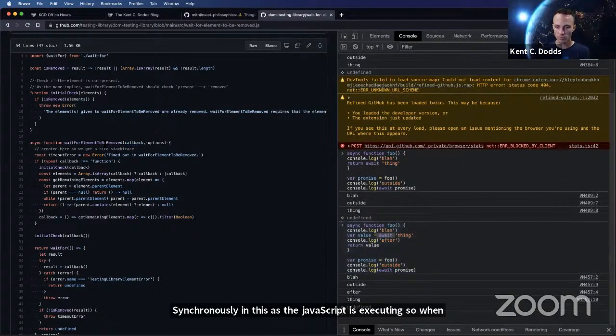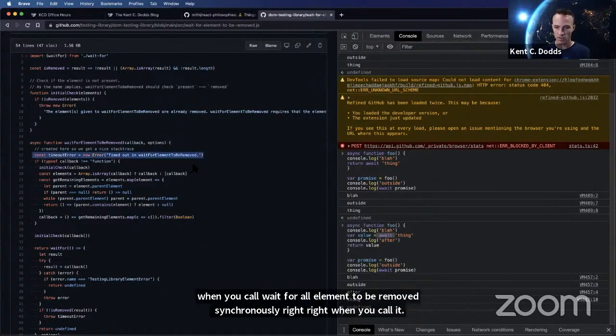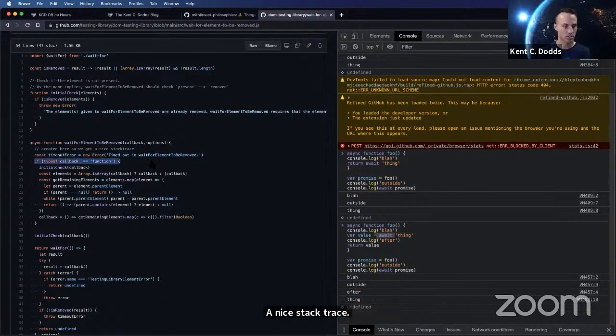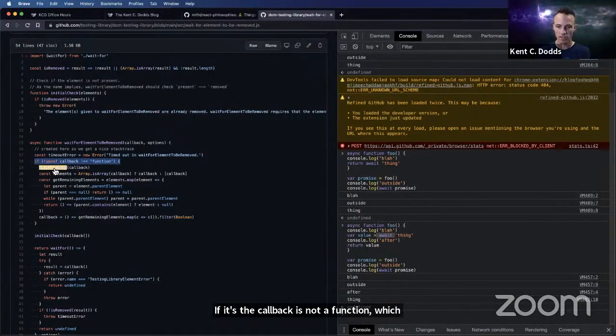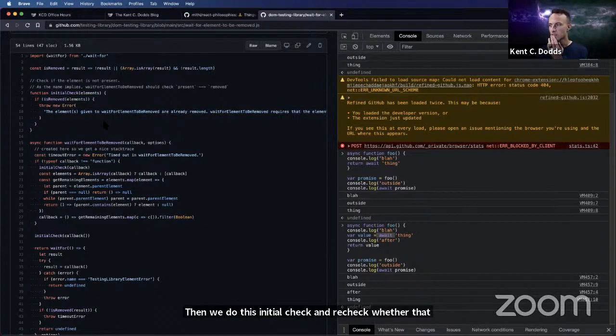So when you call wait for element to be removed, synchronously, right when you call it, we create this timeout error that's useful for a nice stack trace. If the callback is not a function, which is the case for you, then we do this initial check and we check whether that element has been removed. And so this is very surprising to me,